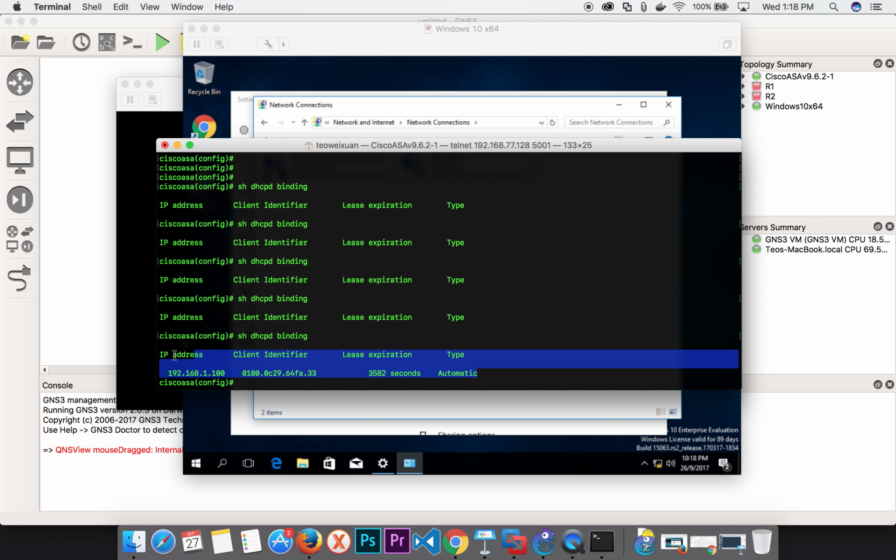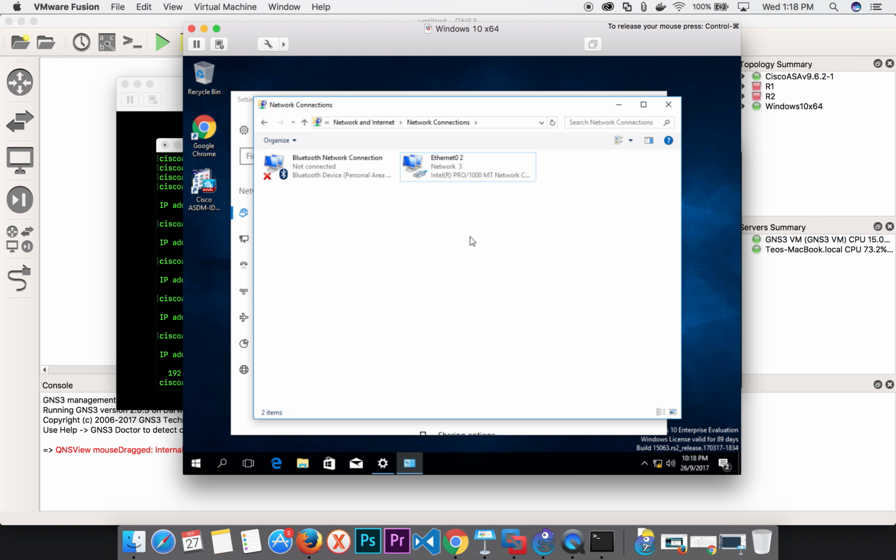So yep, the ASA sees it. So now we can actually launch our browser